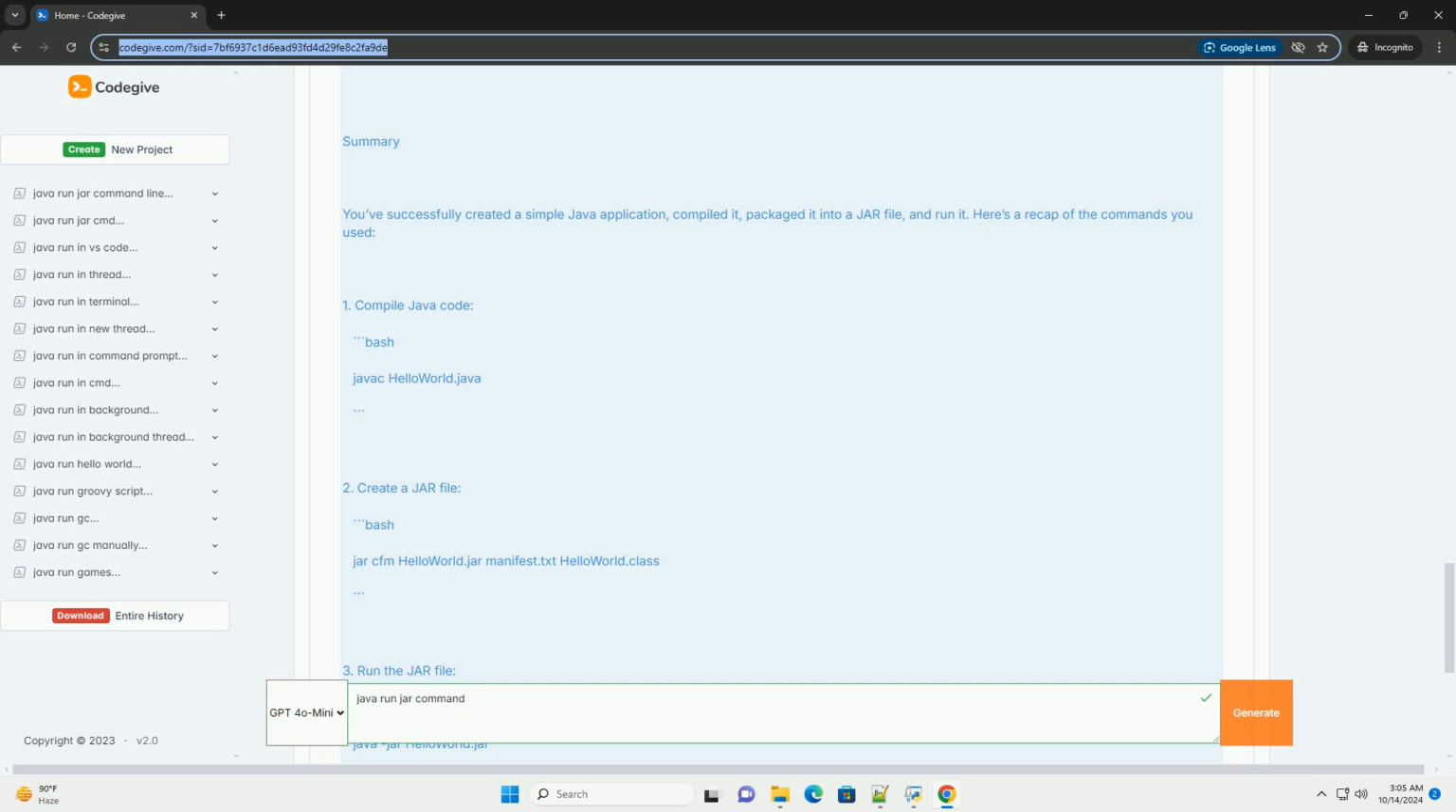Step 5: Run the JAR file. You can run the JAR file using the java -jar command. This command should output: